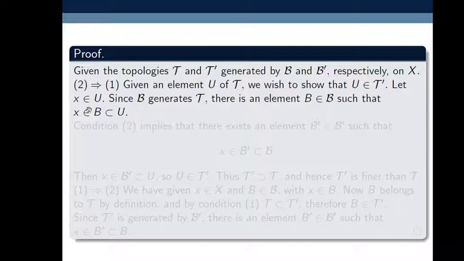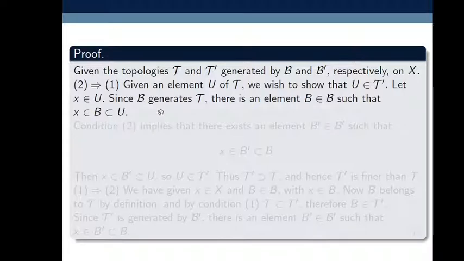Let x belong to u. Since script b generates tau, by definition there is an element b belonging to script b such that x belongs to b, b is contained in u.